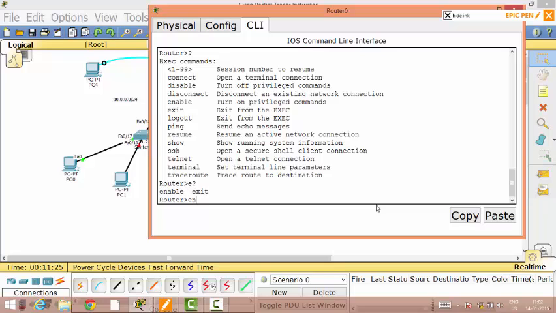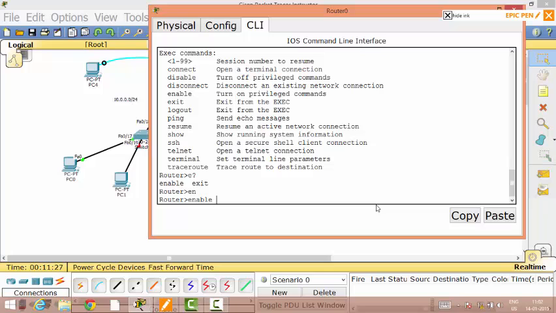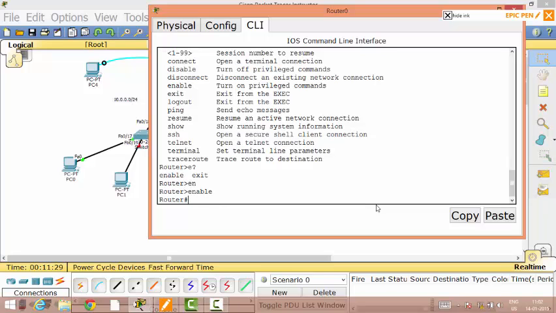Okay, so I want to go for enable. I press tab, enter. As you can see, we are in the enable mode. It is also called privilege mode. Okay, and we have reached privilege level 15. There should be a command called privilege, but it's not there because it's just Packet Tracer,